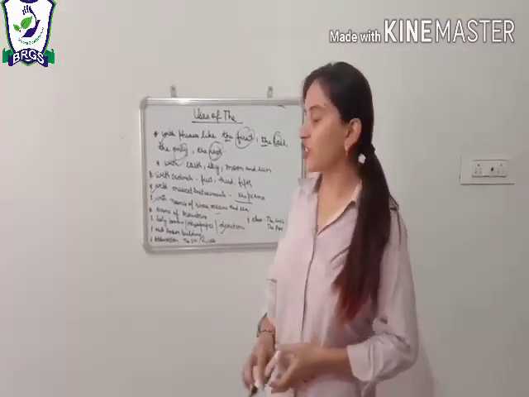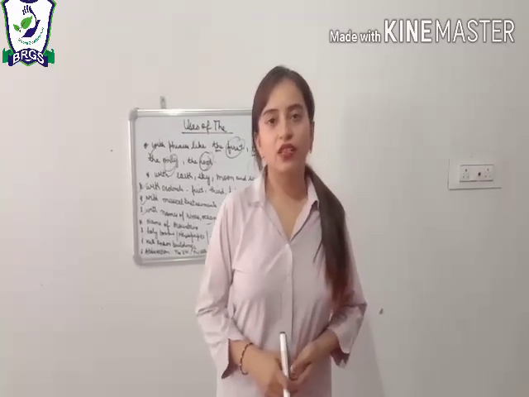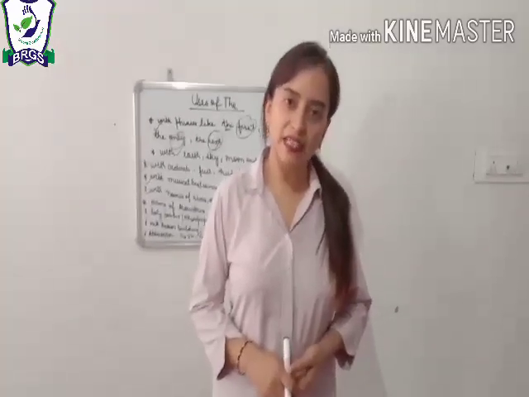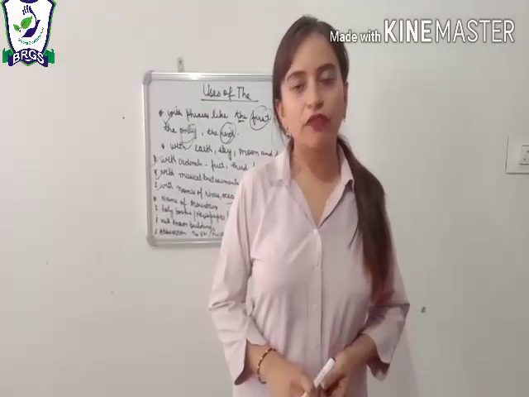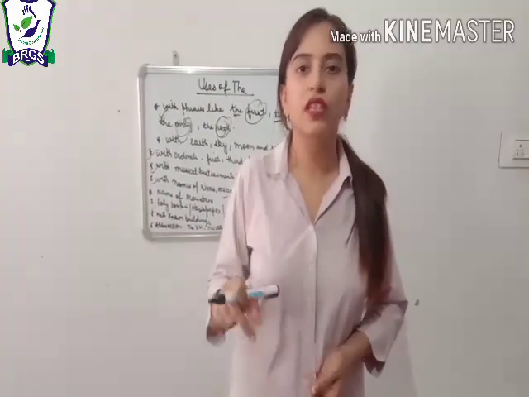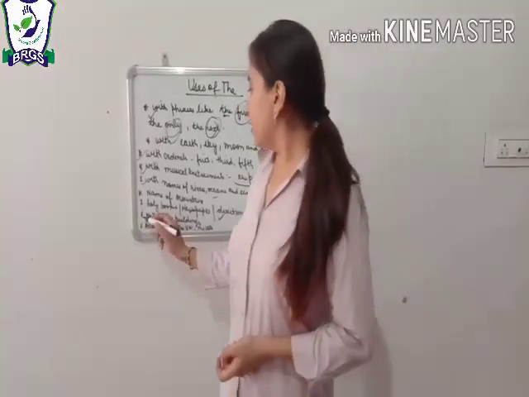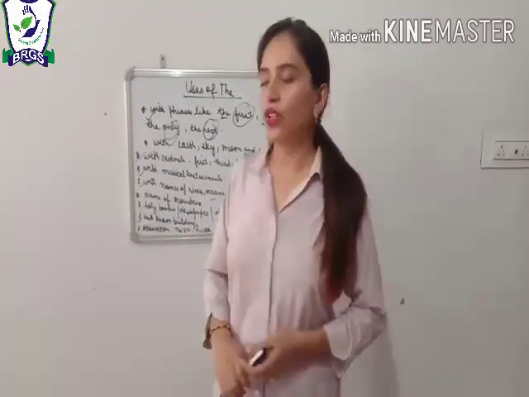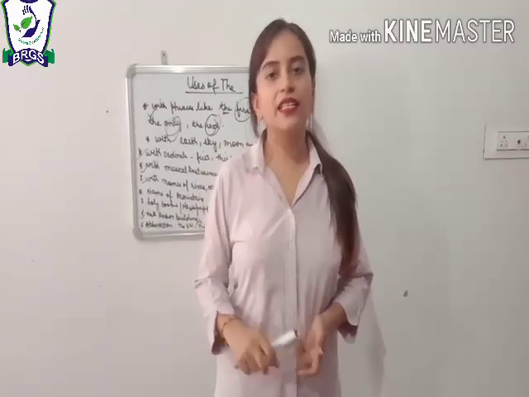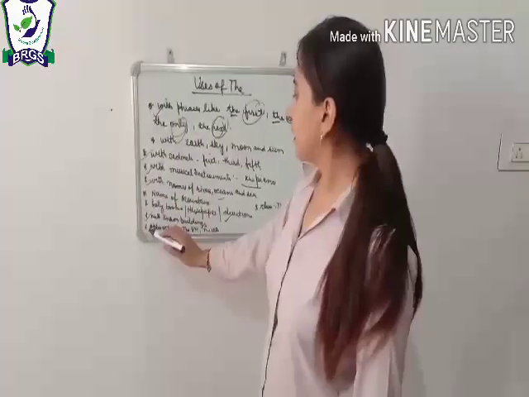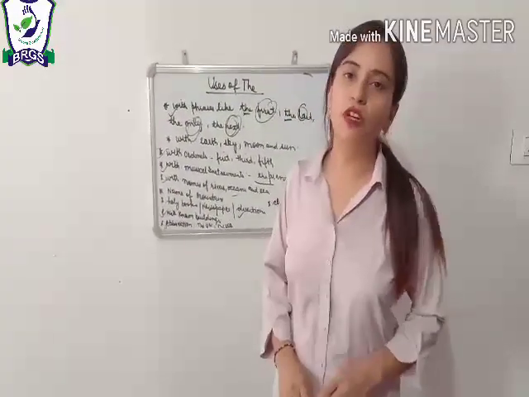And directions. Which are directions? North, south, east, west. These are the directions, so we use the before the names of directions. For example, the north, the south, the east, the west. And well-known buildings. Well-known buildings are the Red Fort, the Taj Mahal, these kinds of buildings, which are some abbreviations. Abbreviations are the short form of a big name.